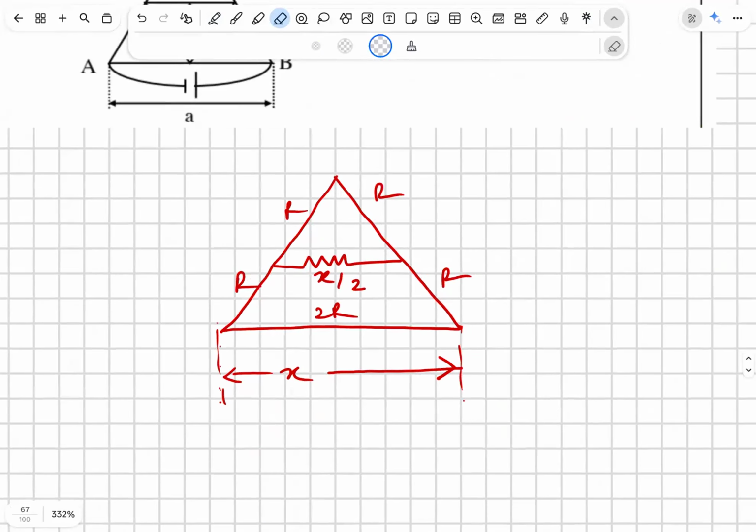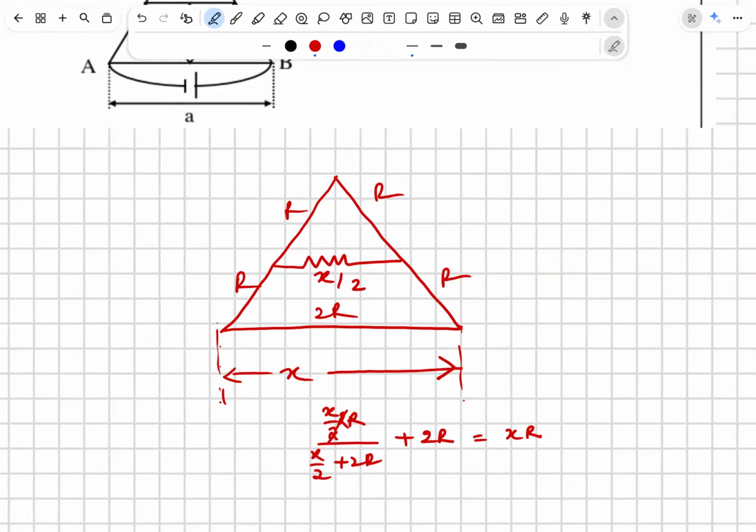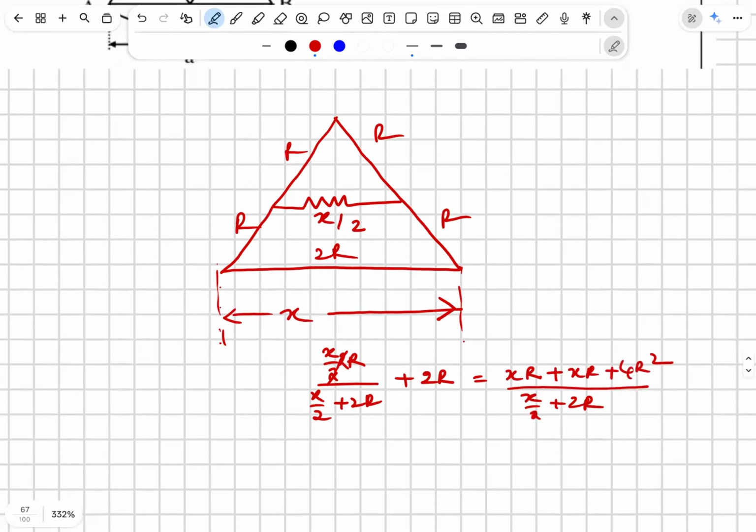Now what is going to happen in this? 2r and x by 2 are in parallel. x by 2 plus 2r is the above part, which is x into r plus x into r plus 4r square, that is 2xr plus 4r square by